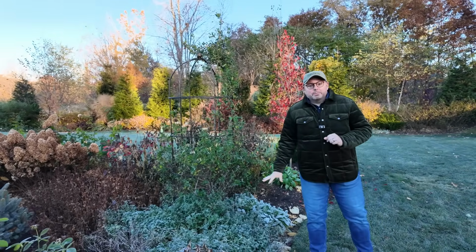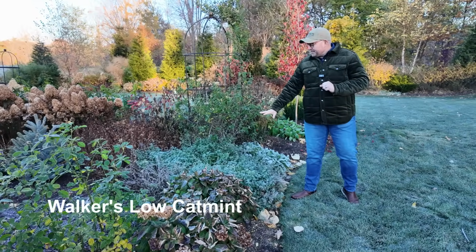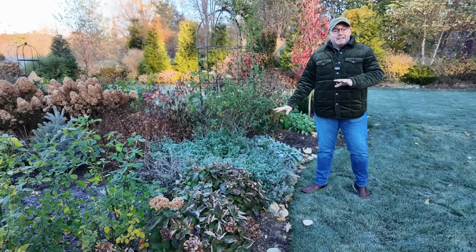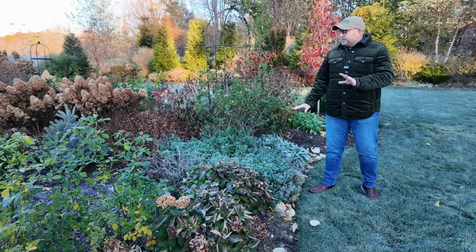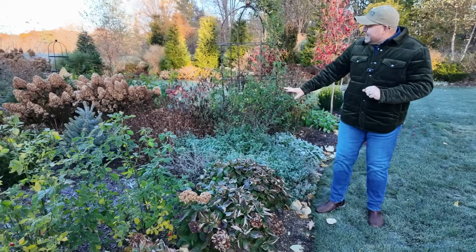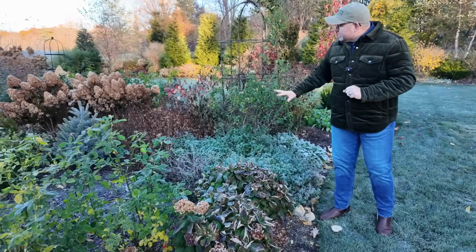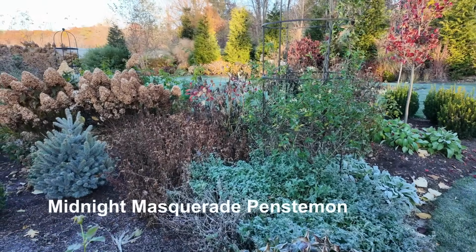Walker's Low catmint is a perennial that we have repeated throughout the entire garden. We will be cutting it back soon. You can see we are out here on a frosty morning. So this isn't our first frost. We've had a couple of frosts, and you'll notice things turn as the frosts happen. Inside there, Midnight Masquerade penstemon, which brings a beautiful dark foliage during the growing season, but right now it's ready